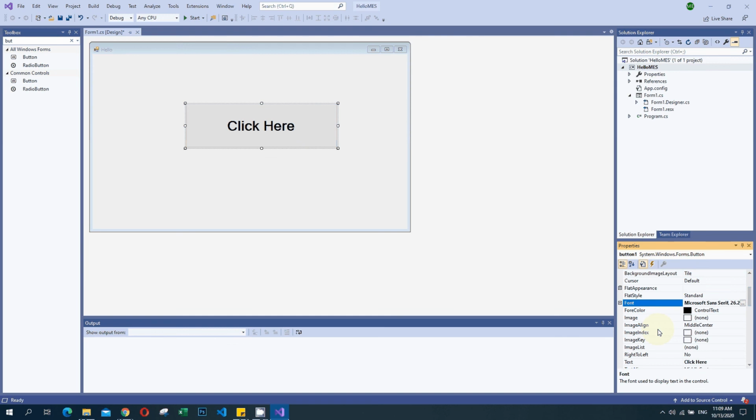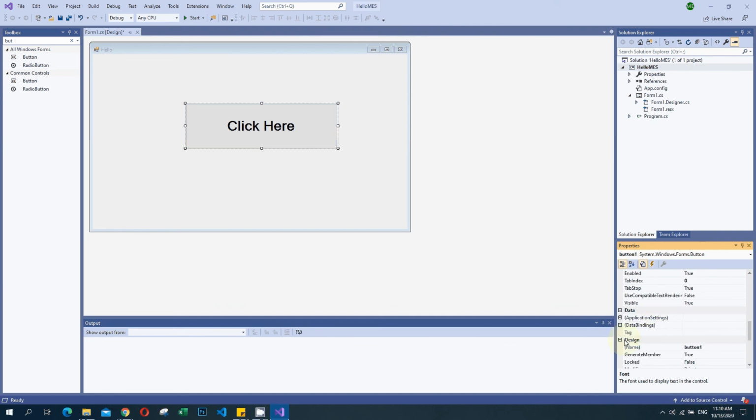And then, if you are not able to find this properties window, you just click the F4 key, function 4 key, then you can access the properties window. This is available in the right corner of the window. And next we will go for the design section.